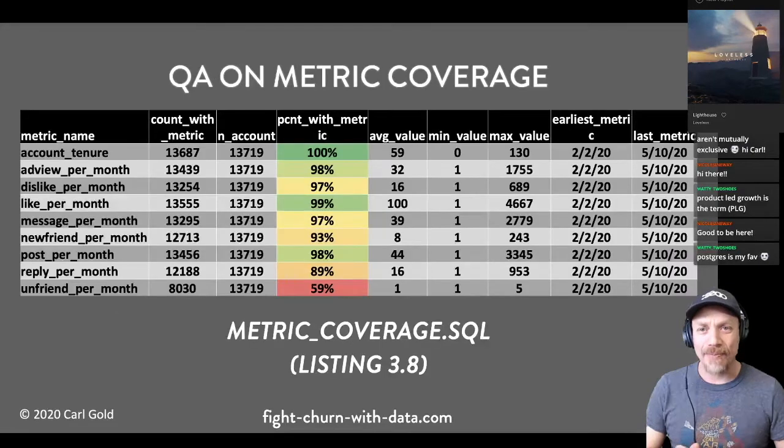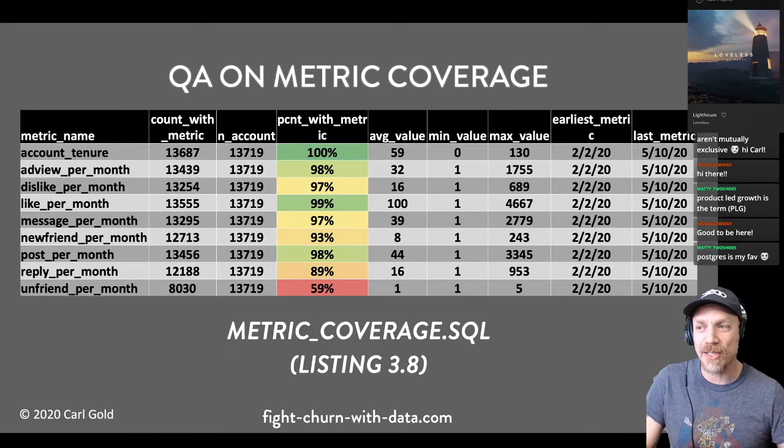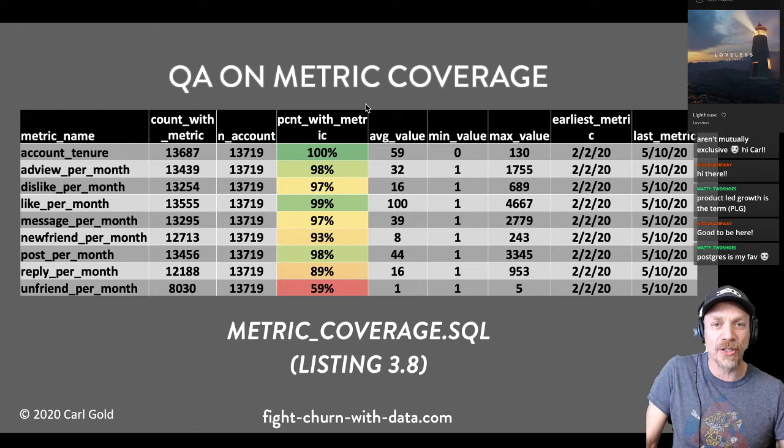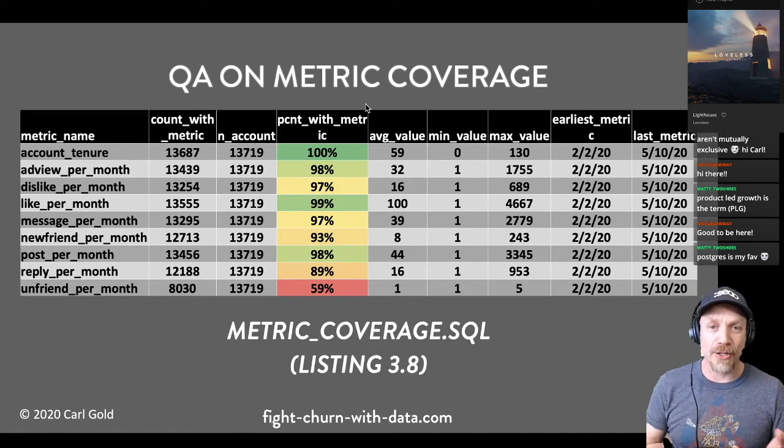All right, here's an example of the QA we ran on the metric coverage, as I call it, because the most interesting thing it's showing us is what percentage of customers have a value for each metric. This is a very good quality assurance check after you've run your metric calculations. It's also showing the average, the minimum, and the maximum.